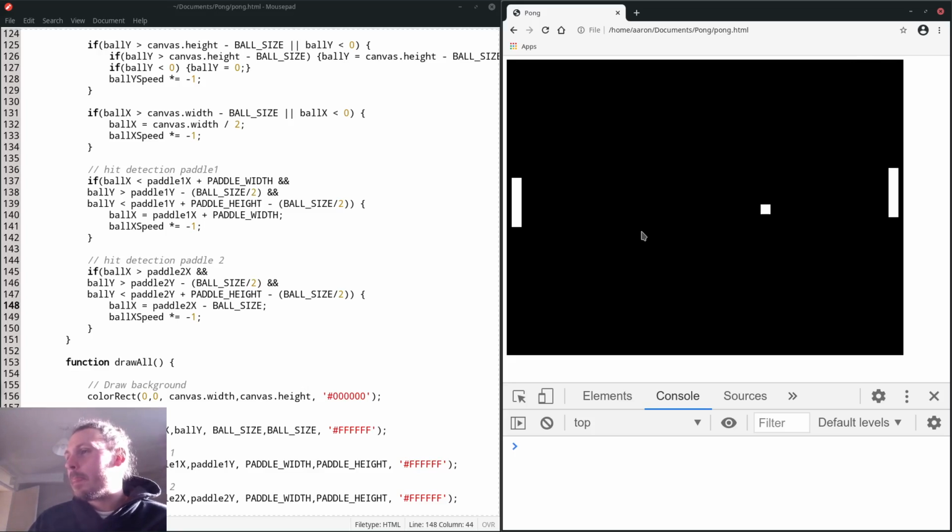What are we missing? We're missing scores. We're missing a net down the middle. The game's really easy, so we're missing anything that makes the game harder. It's constantly going at a 45-degree angle in many directions. The way the original Pong used to play, if you hit it on certain parts of the bat, it would get faster or slower. Make the game much more fun to play,